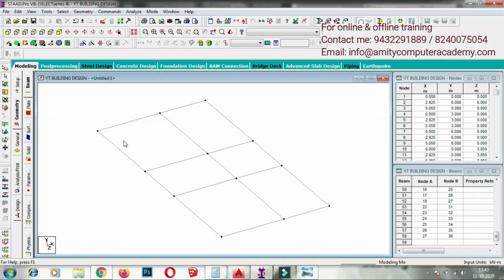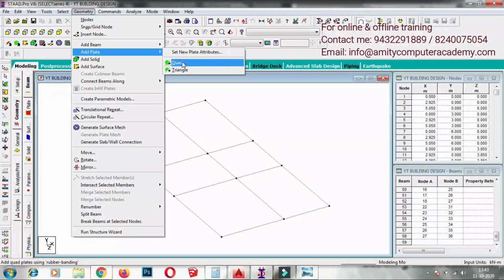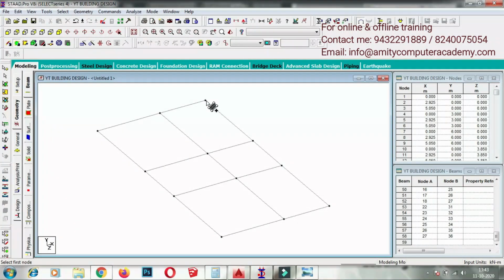So अभी मेरा ये सिर्फ first floor selected है. Now it's easier to add plate instead of having all the structure all together. So go to geometry, add plate, quadrilateral plate. ये मैं आपको सजेस्ट करूँगी to always select the nodes anticlockwise. क्यों, ये मैं बता रही हूँ. So select the nodes anticlockwise